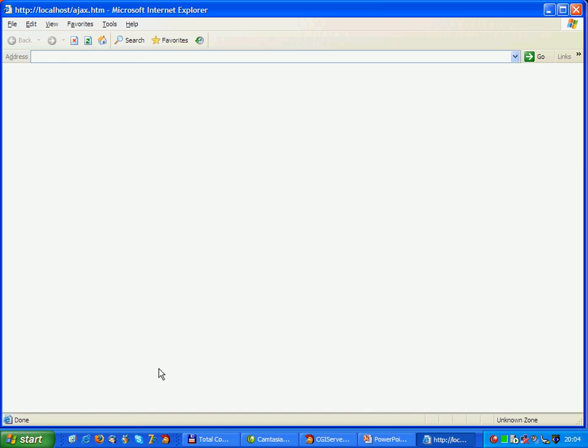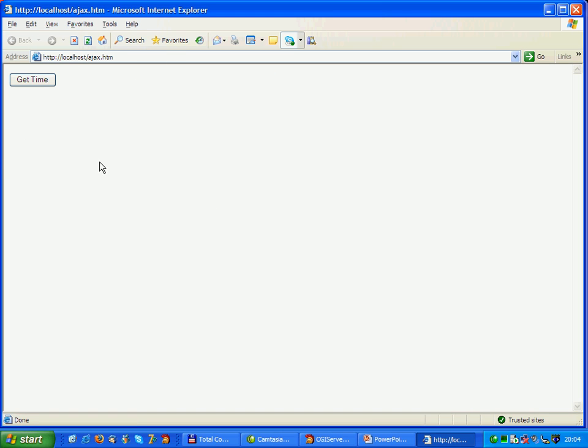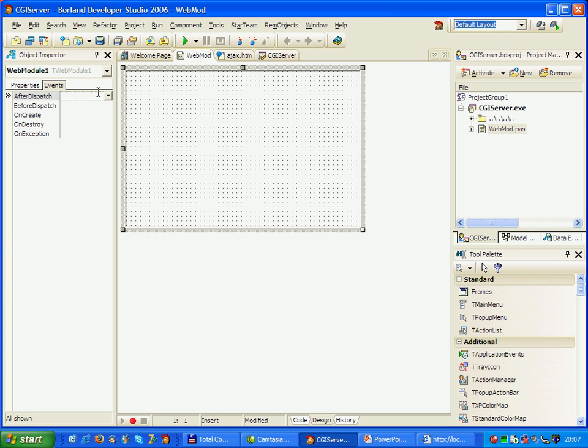If we start a browser now, showing that page, all we see is an empty form with a button Get Time. If I click on the Get Time button, the action will be executed, resulting in the time being displayed. This is the result of my response, an entire new page with the time it currently is. Instead of replacing the entire page, we could also have placed a single control on the page, filling it with the information. Let's get back to the web module